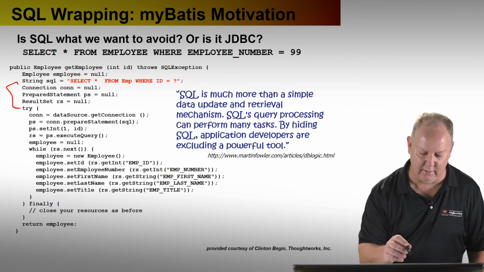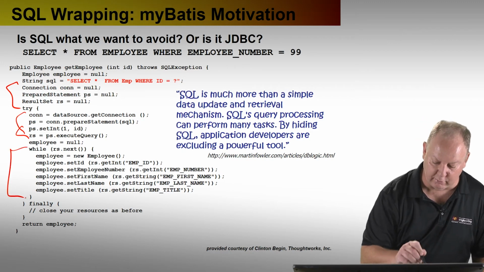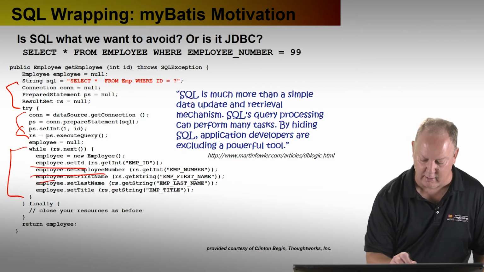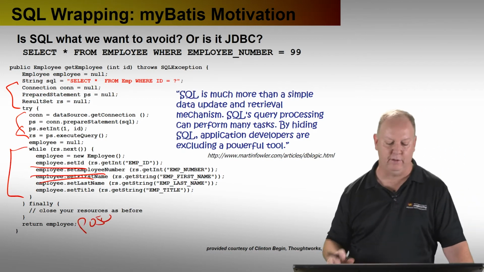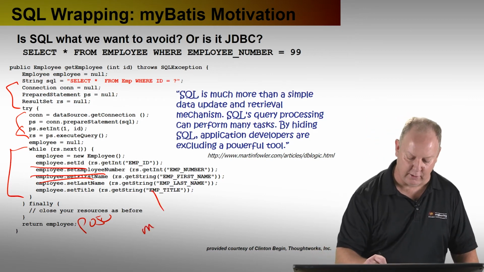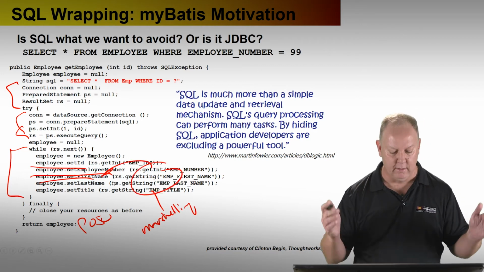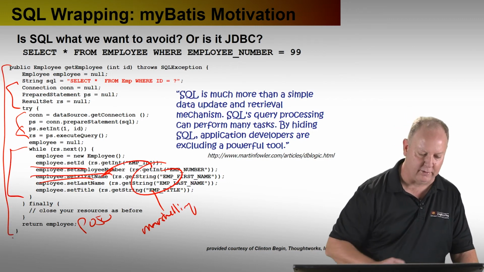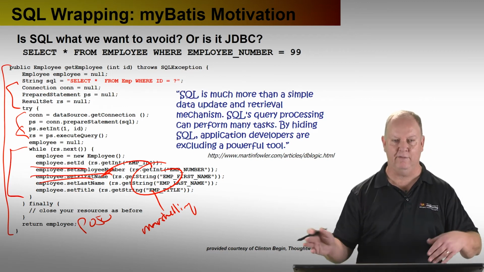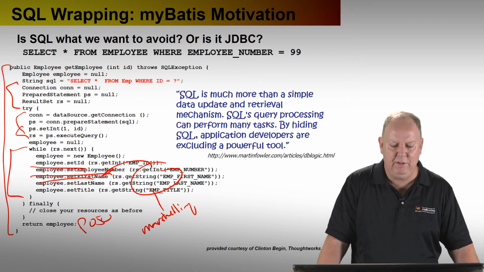Here's a typical thing that we write, right? The connection, the prepared statement, the execution of the query to the result set, the looping through, right? All these sets on here, which means employee is some kind of POJO that has getters and setters on it, and we have to go through and set each of the values. This is marshaling code that I'm talking about. This is conversion code. Right? We're pulling it out of result set rows and putting it into the object, okay? So what this whole method is doing is actually quite trivial. We're executing a query against a database, taking the values out, setting it in an object. That's all it does. But JDBC makes it very verbose.